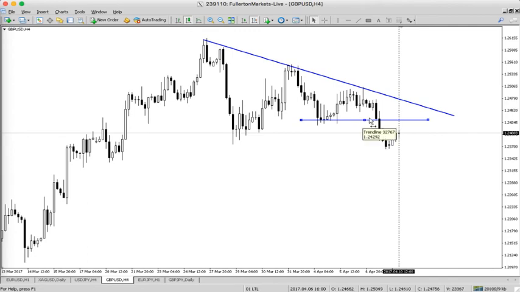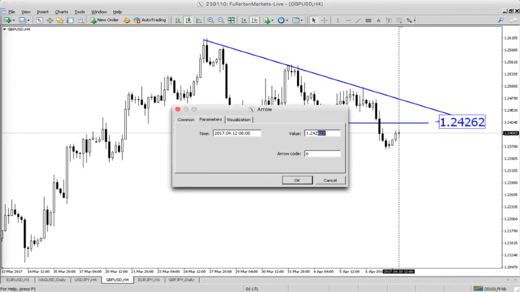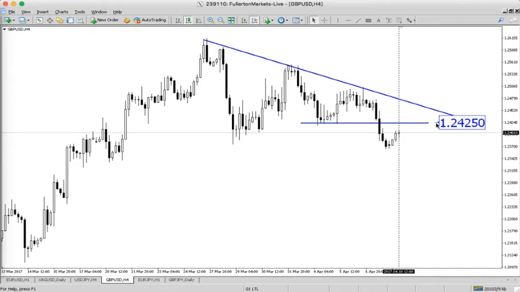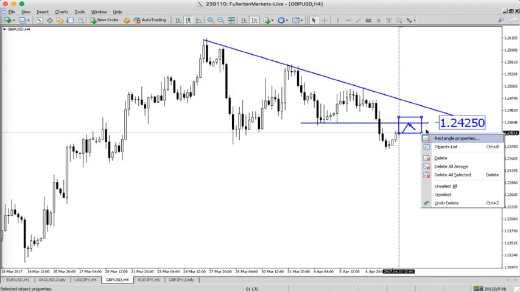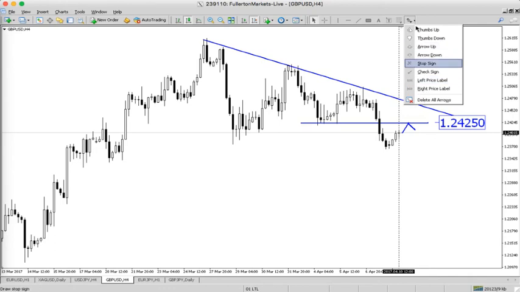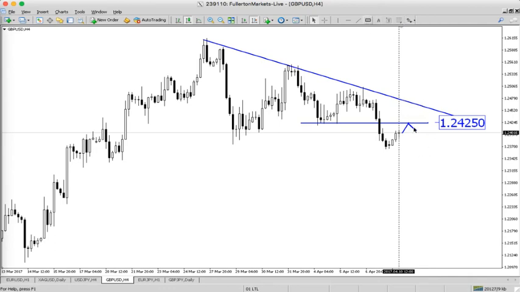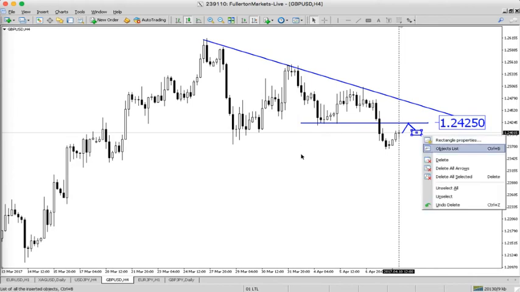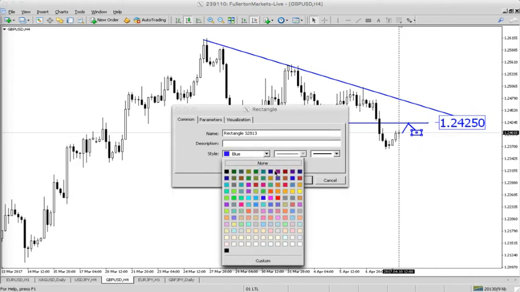So if it retraces higher to around 1.2425, thereabouts, and if it has a bearish candlestick formation over where the box is, okay, let me draw the box. Okay, the green box,